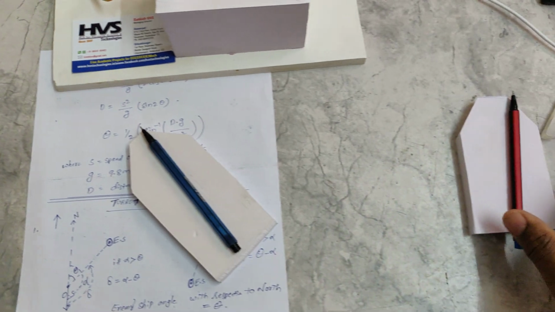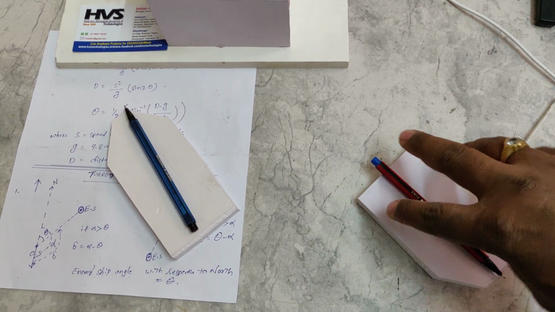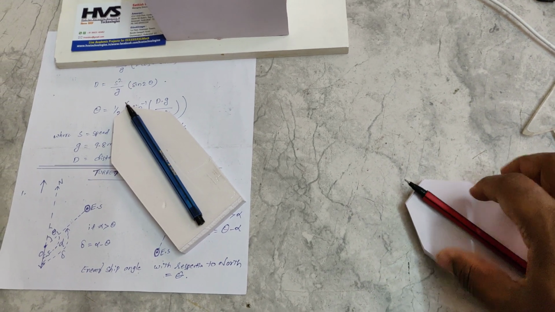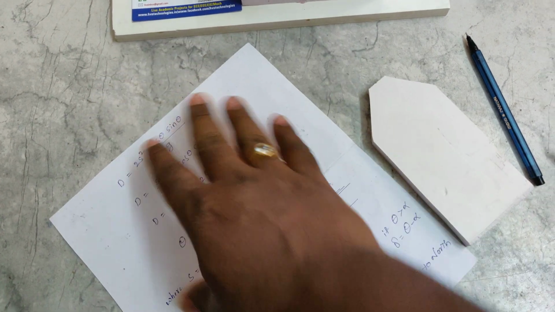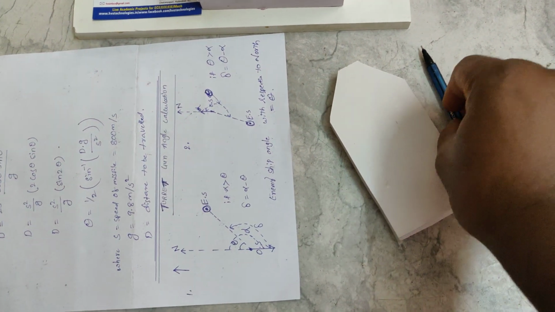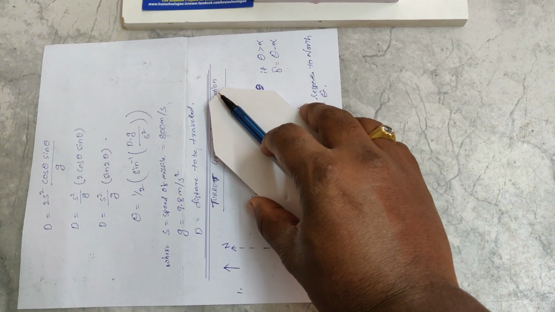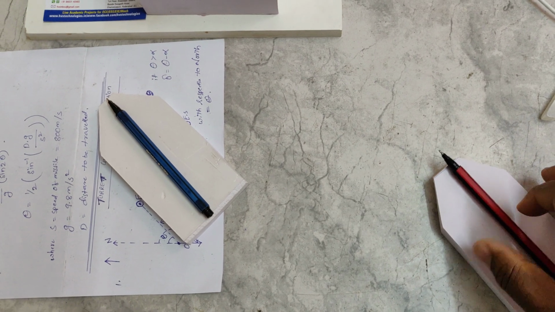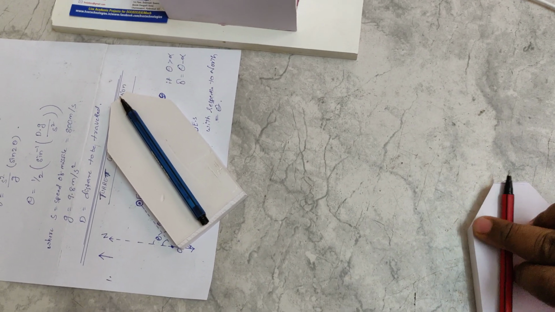So this is our ship and this is the enemy ship. The enemy ship's direction is not required, so it doesn't matter. Let us take an example where this is north. As of now, for us, my left side is north. Consider the example that my ship is at 45 degrees, and the enemy ship is facing any direction. His heading is not required.